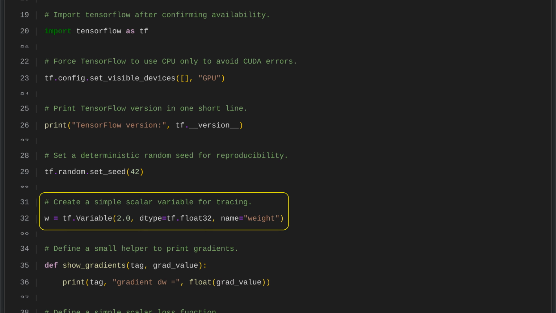We begin by defining a scalar variable using TensorFlow's variable class, initializing it with the floating point value 2, and setting its data type to float32 for consistent numerical operations. Giving this variable a descriptive name that indicates it represents a weight clarifies its purpose in the script. This initialization is important because the variable will be involved in operations that TensorFlow tracks for gradient calculations using the